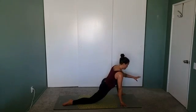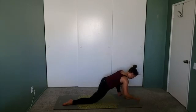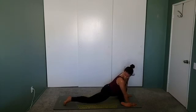Keeping the ankle really sturdy here. Also have an option to lower the chest all the way down to the mat, resting on the forearms, or blocks or props if you have any at home. Slowing down, deepening the breath. Inhale, rising back up, slowly toe heel your foot all the way to the other side, coming into pigeon on